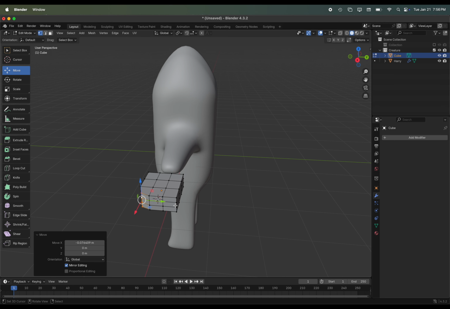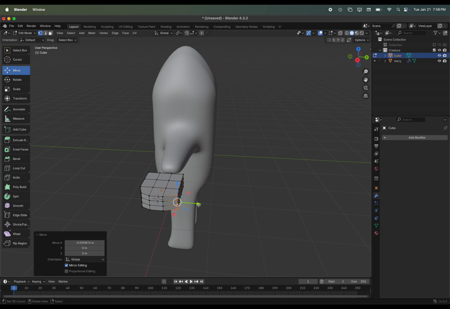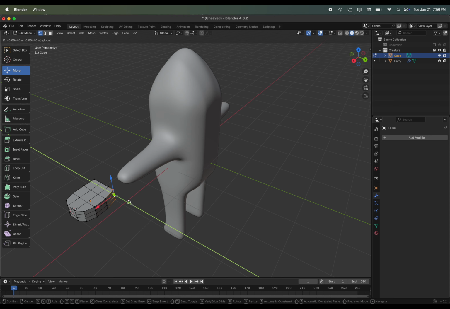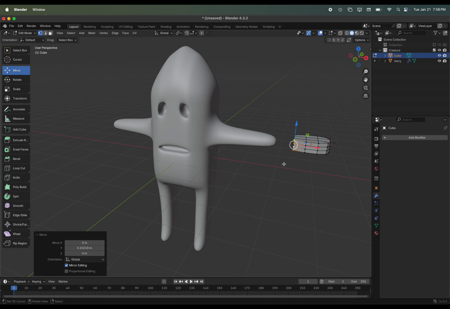So along the Y and X axis, just grabbing most of the corners and making them a little bit rounder. Option right click, grabbing on the X and Y axis, getting that a little bit round. Option right click, in this case maybe just the Y axis, and the same over here. So option right click and just adjusting that Y axis to get a little bit rounded.